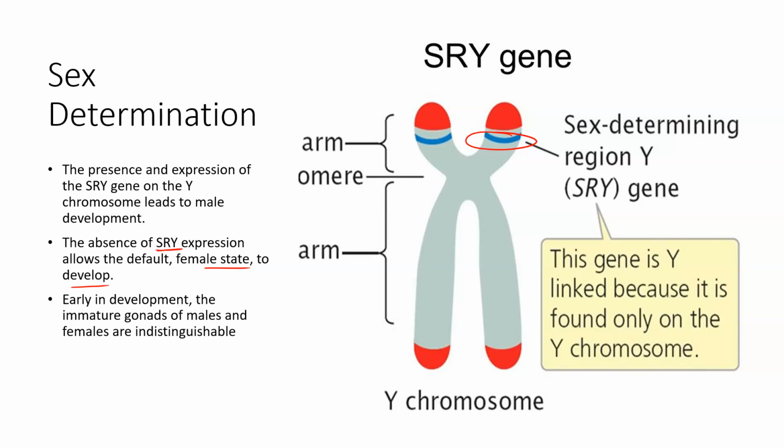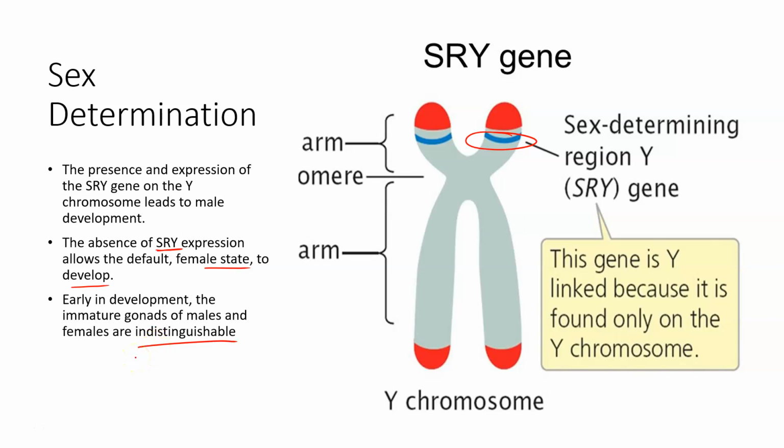through the first 20 weeks or so, because through the first 20 weeks, this SRY gene hasn't had time to be expressed yet. And so every fetus through the first 20 weeks is really on that generic default female state. It's not until week 20 where the SRY expression really takes hold and starts to develop some of the external male characteristics. Early in development, the immature gonads of males and females are indistinguishable,